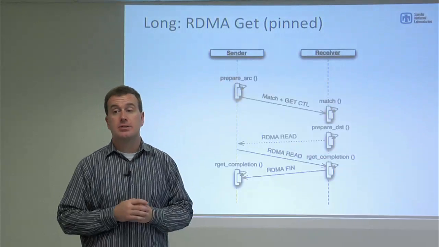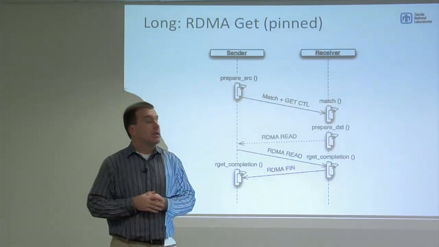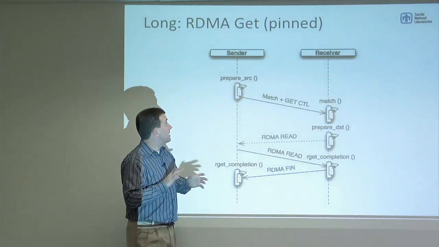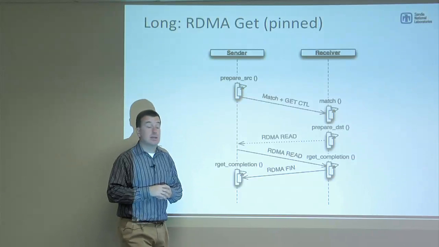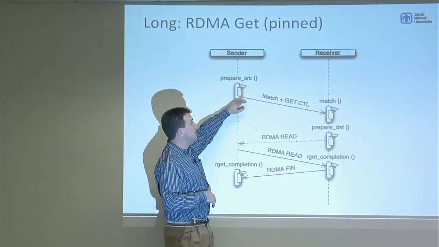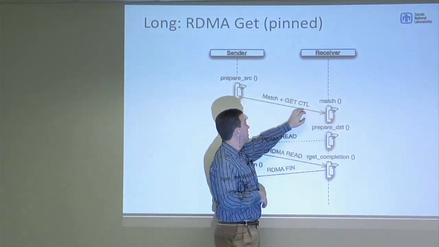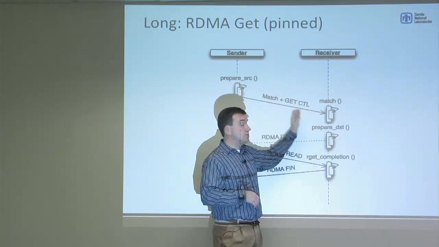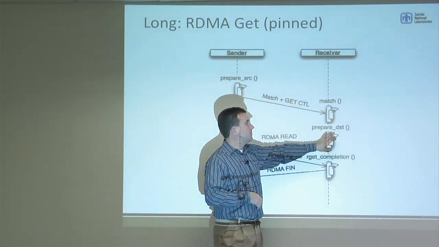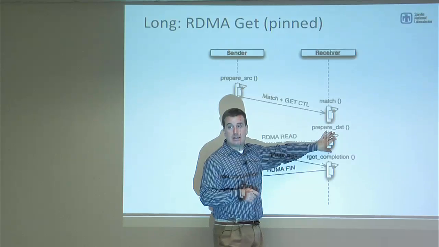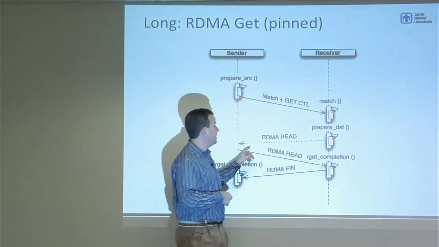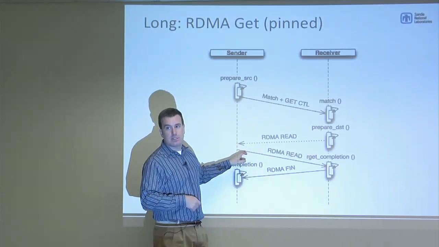There were a lot of messages in that protocol. Well, if you have an RDMA get, we can actually get rid of some of these. And now we prepare source, send the R keys across with our match header using BTL send. When the match occurs, we call prepare dest and issue a BTL get, which under the covers is sending a